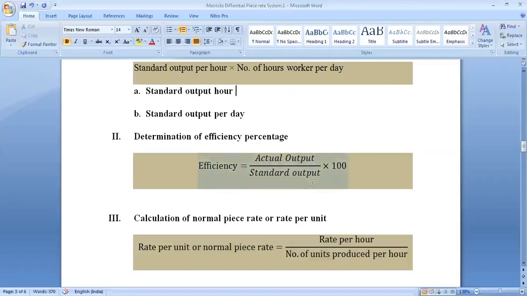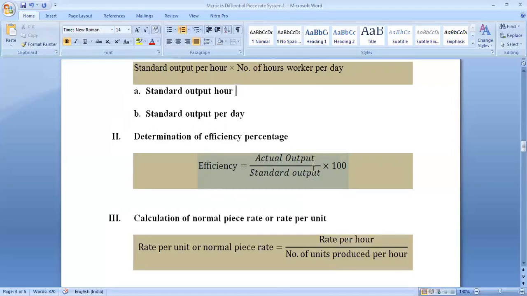If 6 workers, 5 workers, 3 workers, or 2 workers are there, then we have to decide which worker is a moderate worker, and which worker is performing below 83%, so that we can give him a basic rate. The worker who is performing above 100%, we can give him a higher rate. So to decide the percentage of incentive we have to give to a particular employee, we have to find out his efficiency first.